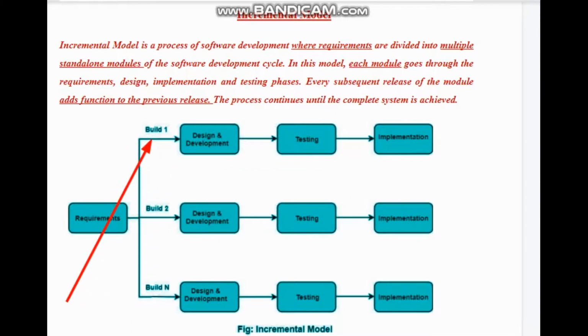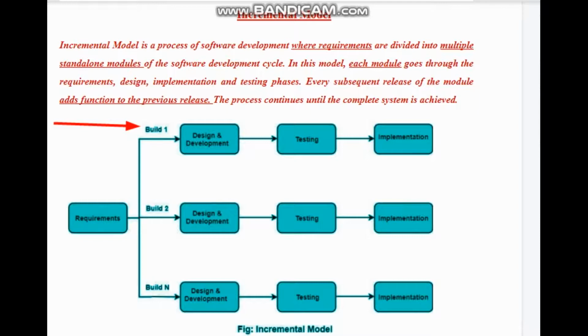and then after application of all these steps on every module, what do we get? We get build 1. It means after the modular approach is completed, after combining the modules, we go for system testing, and then we finally get one system that is called build 1. Okay, we get one release, or the first cycle of the development, that is build 1.